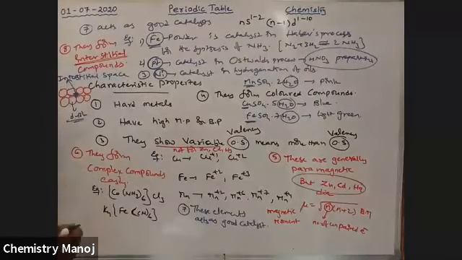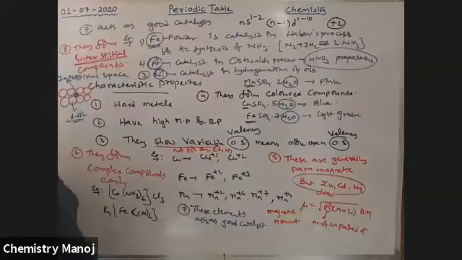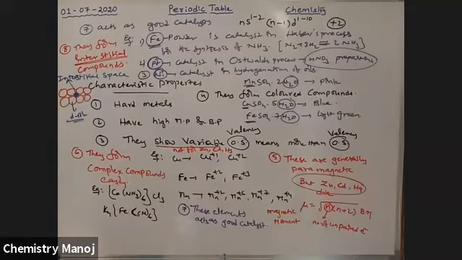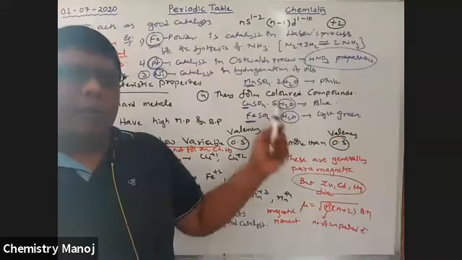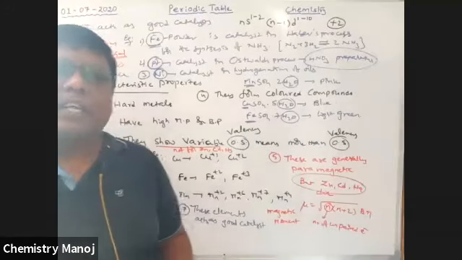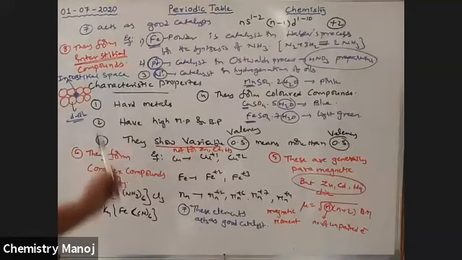What is the common oxidation state for a D block element? That is +2, and please note down this point also. +2 is the common oxidation state for D block elements. For S block elements, it is +1 and +2 only. For P block elements, most oxidation states are available. But for D block elements, the common oxidation state is +2 only. This is all about your D block elements.